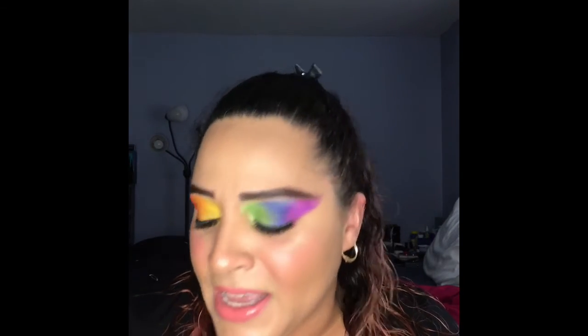This is the final look. This is my first Pride inspired makeup look. I hope you guys enjoyed. I hope you guys recreate it. I hope you guys do your own. This has definitely inspired me to continue to work with some color. Definitely going to be doing more of these beautiful looks that I really do enjoy. So stay tuned. And then it gave me a chance to dip into a lot of the products that